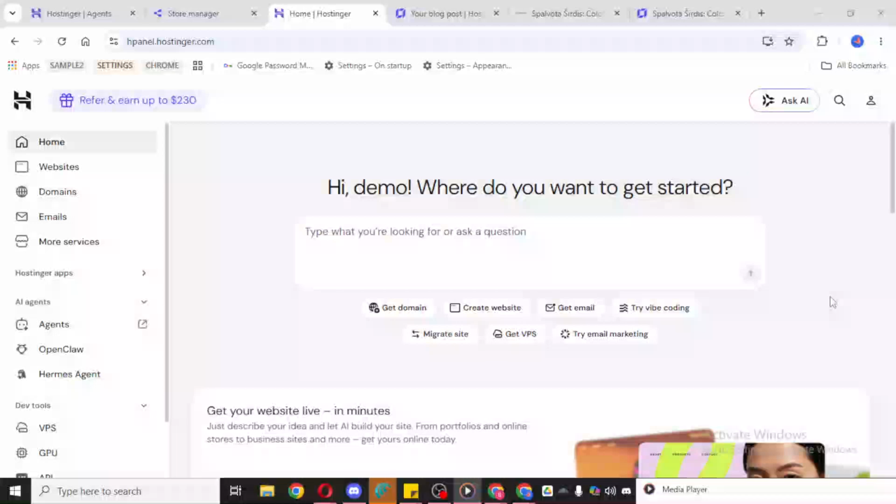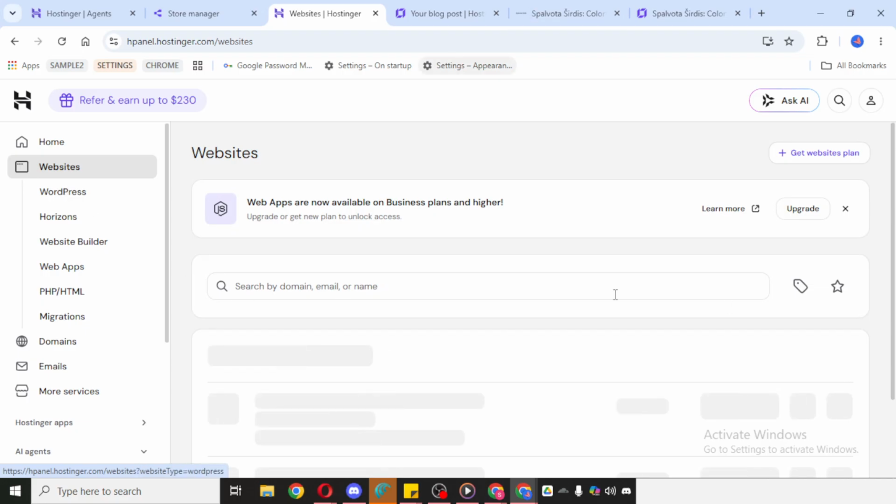In today's video, I'm going to teach you how to add a Google Map in Hostinger Website Builder. To get started, open your Hostinger account and go to the website you want to edit. Once you're inside the dashboard, click Edit Website. This will open the Hostinger Website Builder, so you can make changes directly on the page and see everything visually